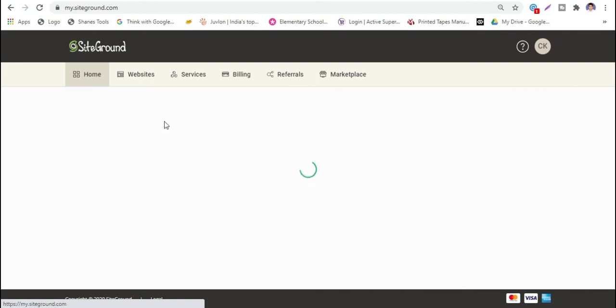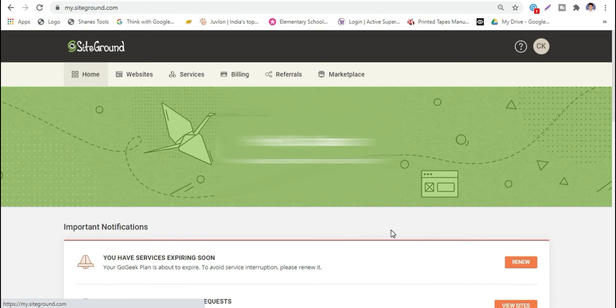You can do it for all your SiteGround hosting, and you can renew it at the lowest cost, like the starting price. Right. So if you need any help or any guidance, any suggestions, do write to me in the comments. I will guide you on how you can do it easily.